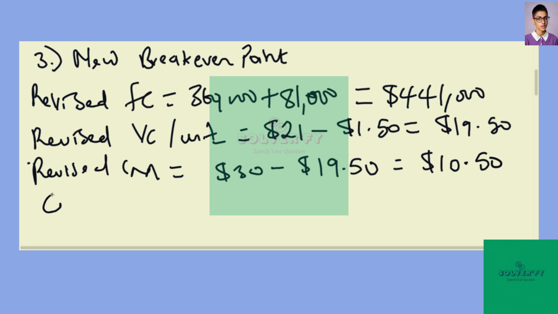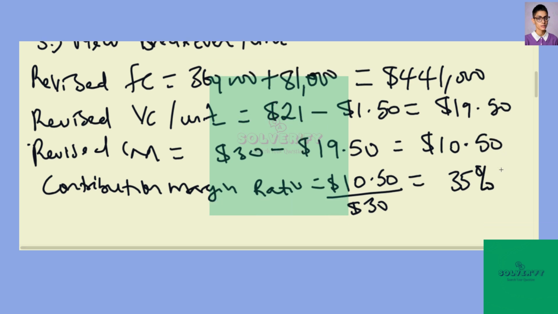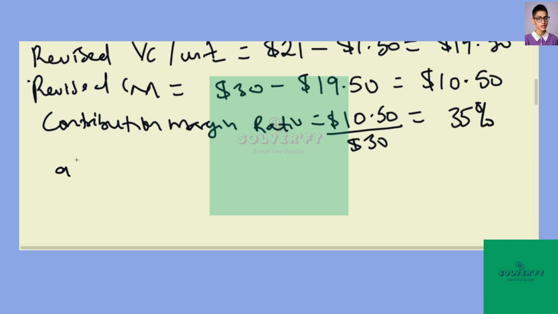$10.50. Now the contribution margin ratio will be equal to $10.50 divided by $30, which is right here, and now this is going to give you 35%. So therefore, answering the question we're given, the new break-even point in units,